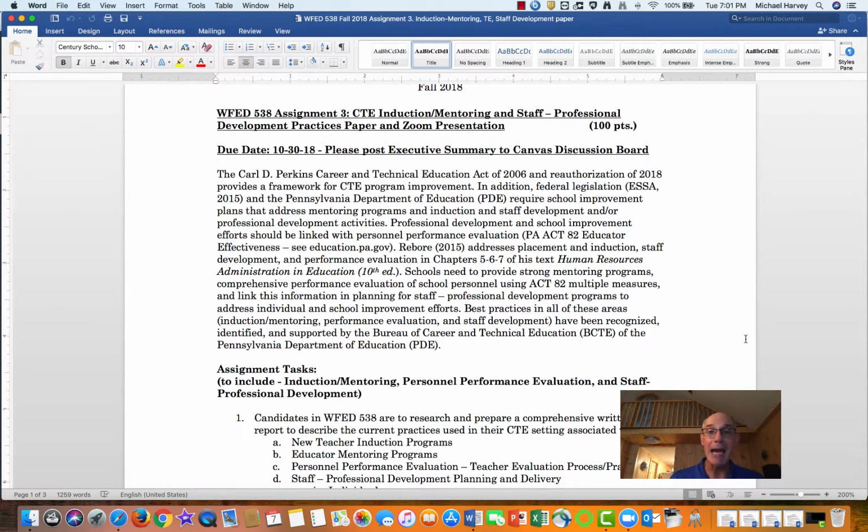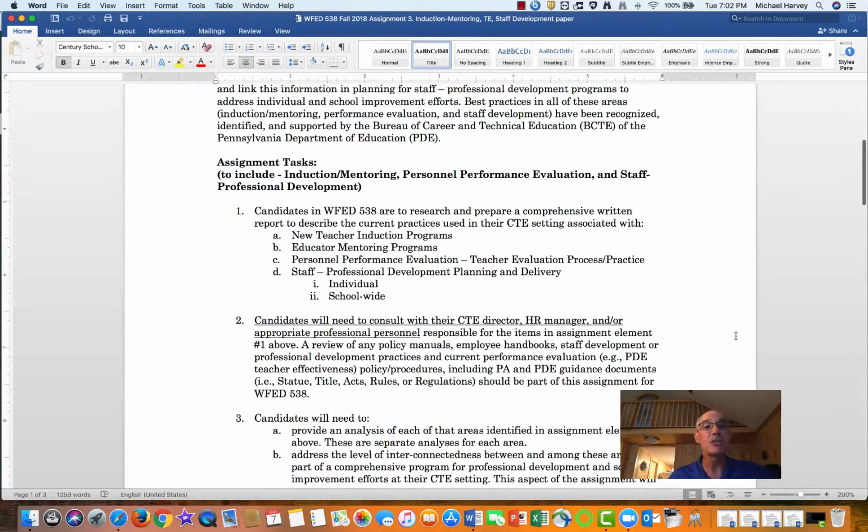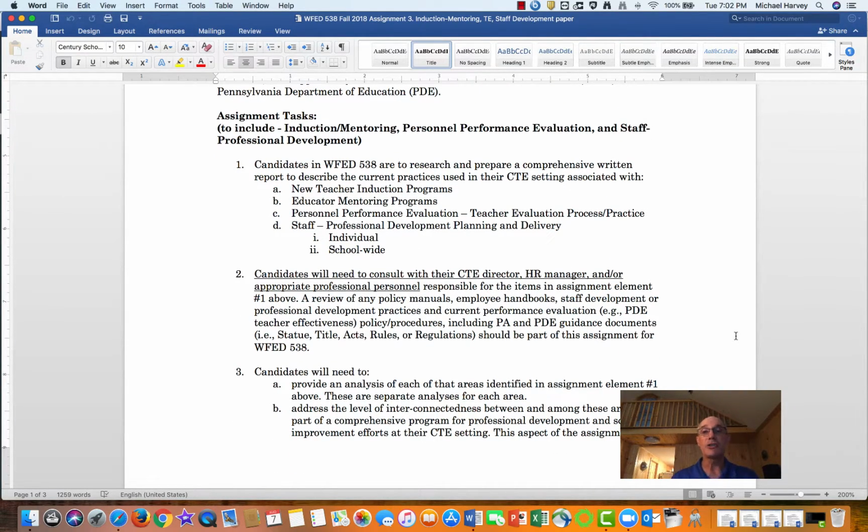This also ties back specifically to information that comes from our textbook, and that's delineated here in this particular assignment with a context clue for you. What I'm asking candidates to do in this review is to research and prepare a comprehensive written report that describes the current practices used in CTE settings associated with A, new teacher induction programs, B, educator mentoring programs, C, professional personnel performance evaluation, teacher evaluation policy and practice, and associated staff or professional development planning and delivery, both at the